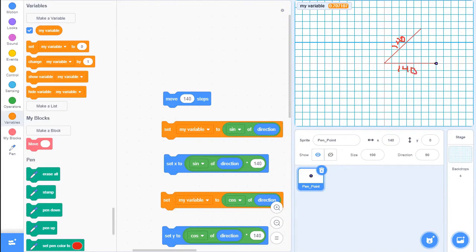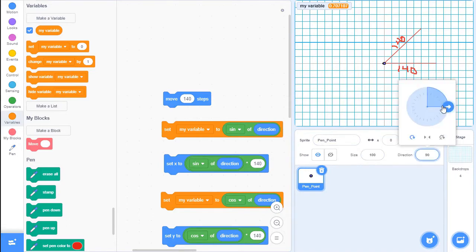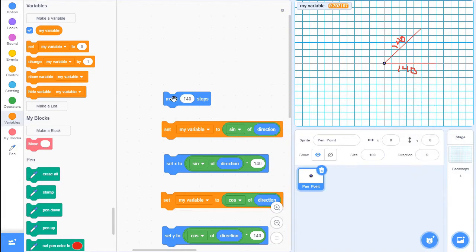So we'll move back and we'll do it in the Y direction as well. We'll face it straight up, put a 0 in there, and then we'll click the move block. And there you go. So now Y equals 140. So we see that the length is always 140, or whatever we put in the steps block. Now, whenever we clicked